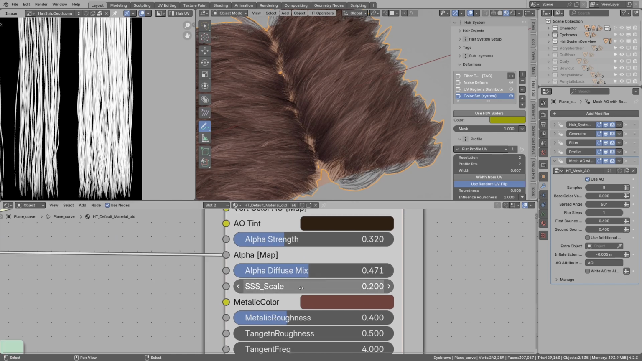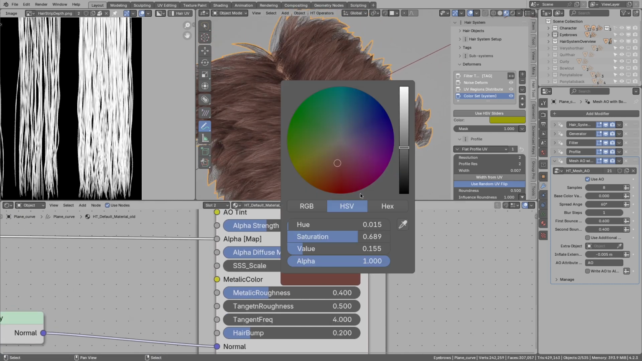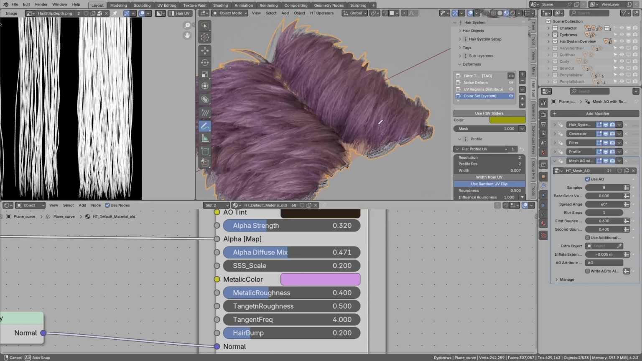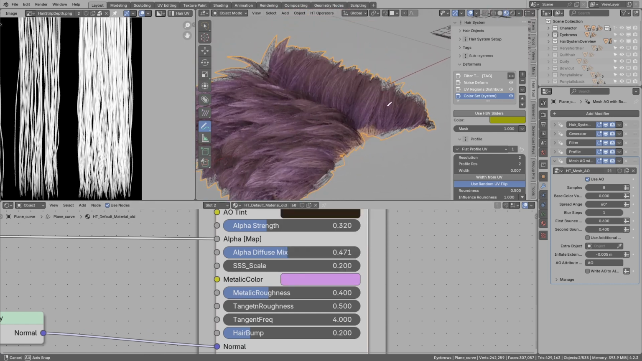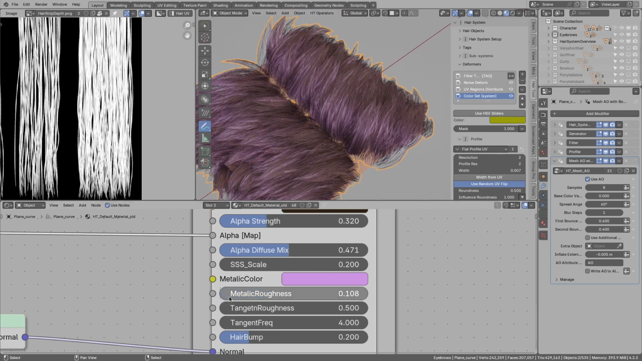You can change the subsurface scale. And then we have this metallic color. So I can make it brighter, like that, and we get this kind of metallic highlights. And we can change the roughness for that. And the tangent frequency, basically